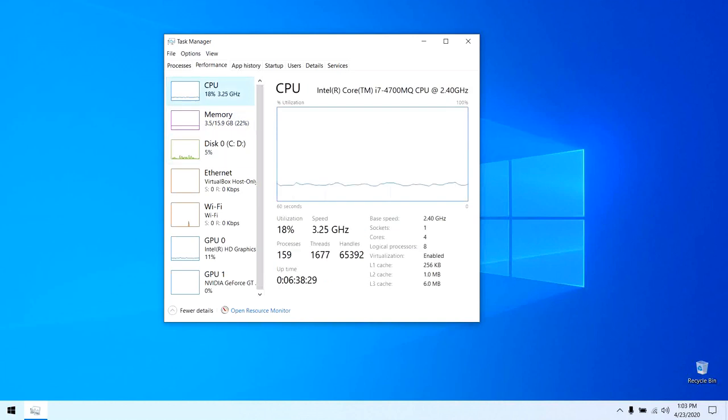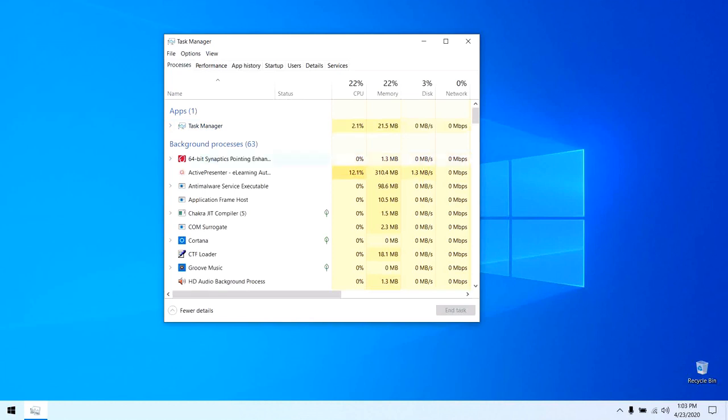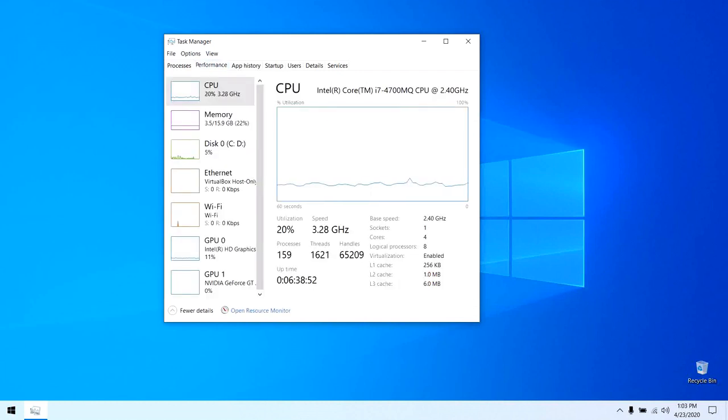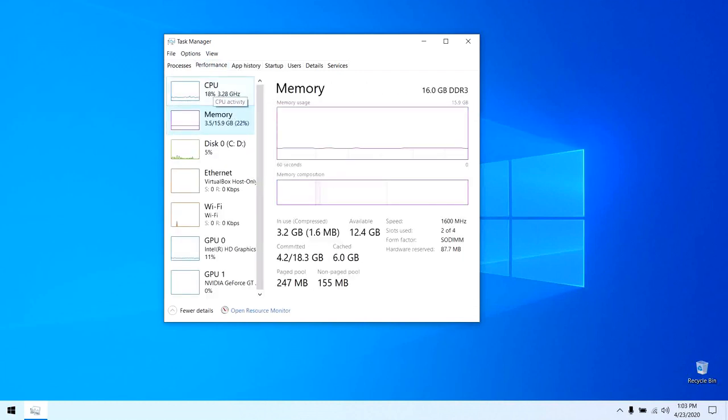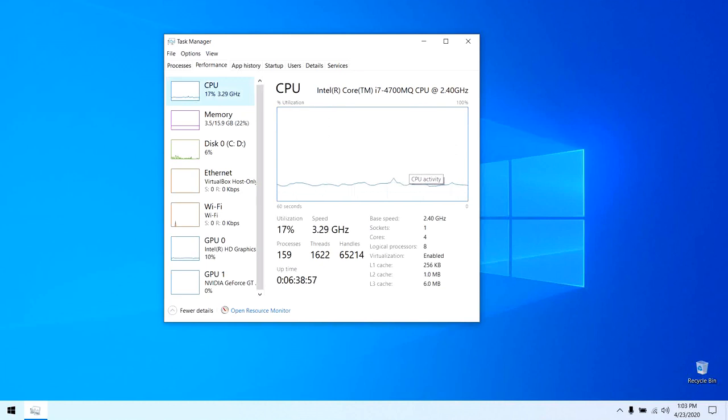So if the computer's CPU usage is high, then go to the process tab and see which application uses your CPU more, and try to change that application. That is what you can do to boost up your performance. Always monitor the CPU after installing any other services or applications.